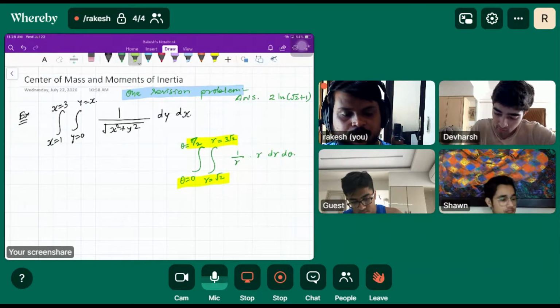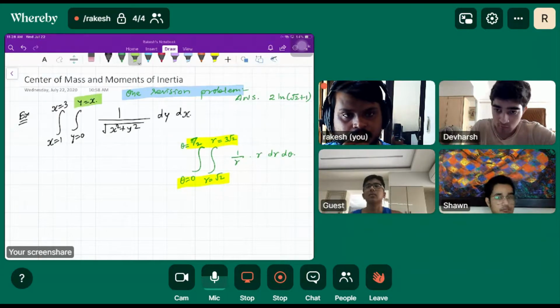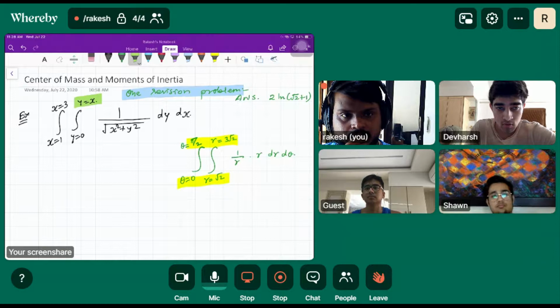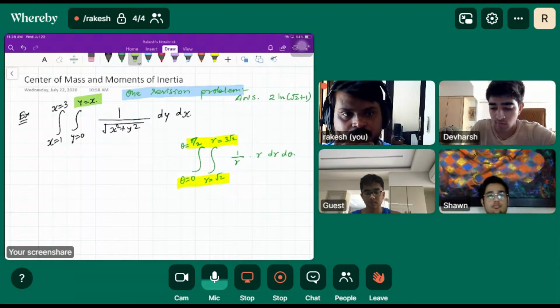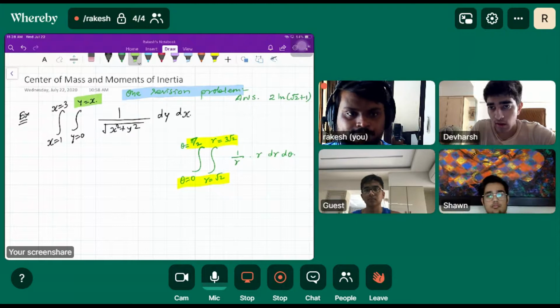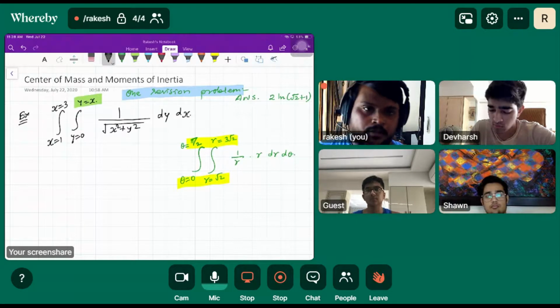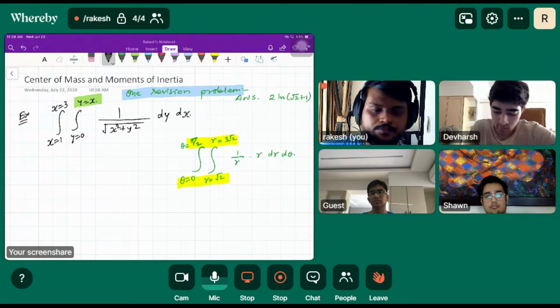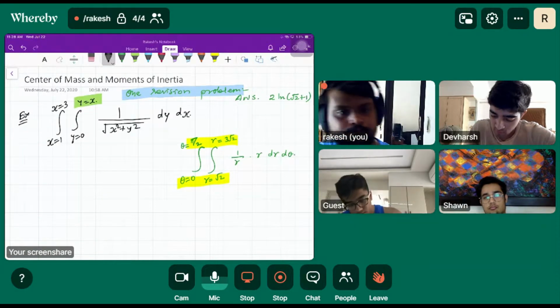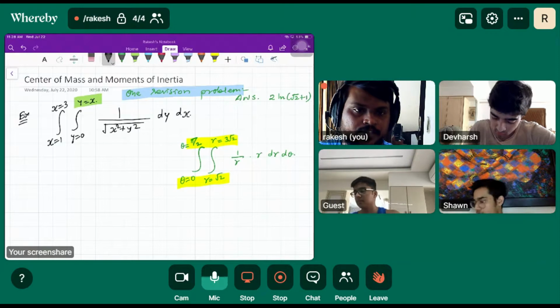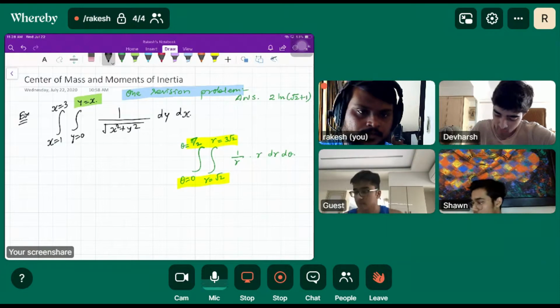Have you noticed this properly? y is equal to x. y is equal to 0 to y is equal to x. Yeah, I noticed. Mano, should I explain? Okay, let me know your answer if you solved it.